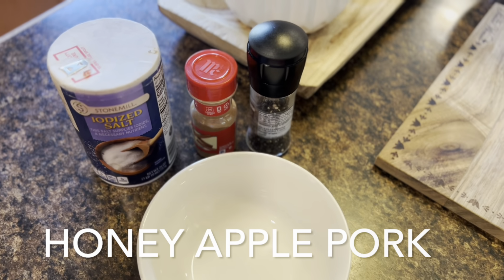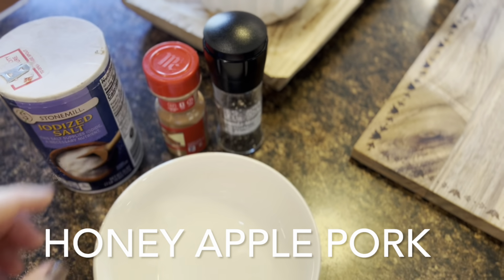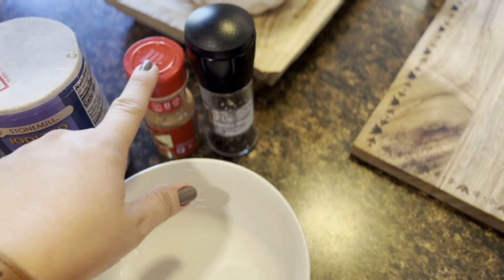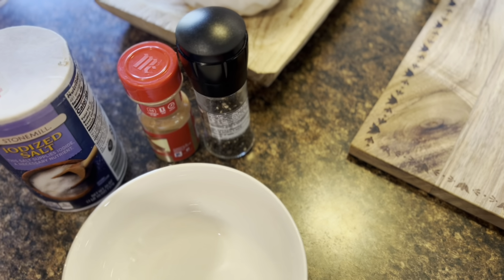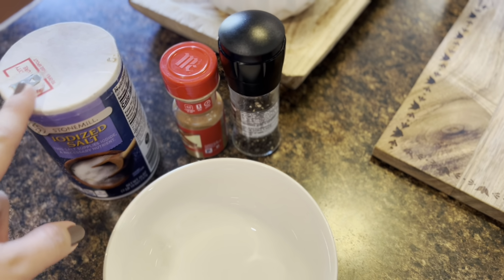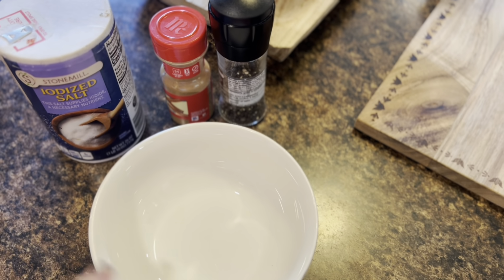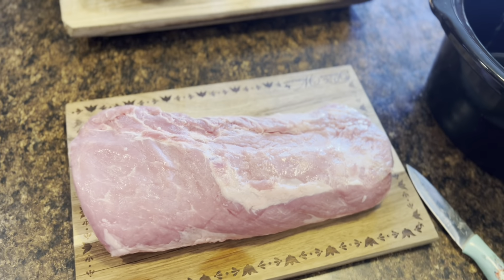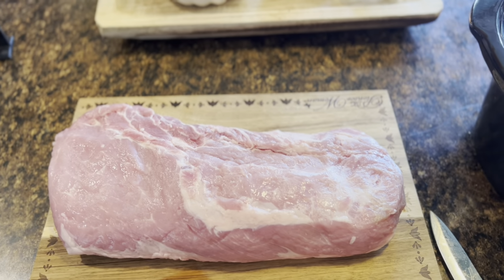Okay, now we're going to do a slow cooker honey apple pork, and we're going to need 7 ingredients for this. To start off, we're going to make our rub for our pork, which is going to be cinnamon, pepper, and salt. And you're going to need 1/2 teaspoon of salt, 1/4 teaspoon of pepper, and 1 teaspoon of cinnamon. And you're just going to mix that all together, and you're just going to rub that all over your pork